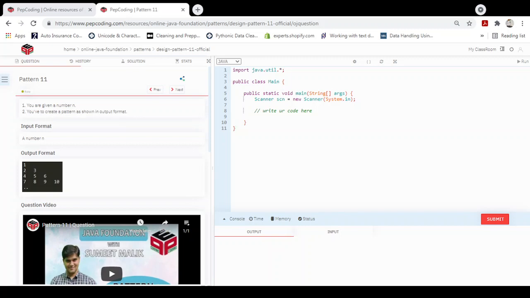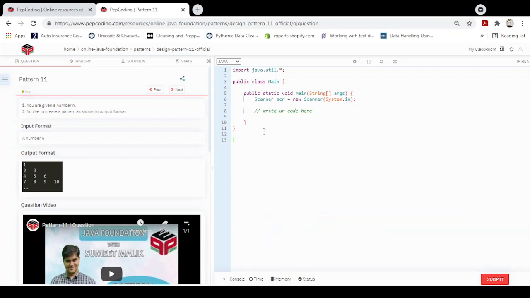Hey guys, let me welcome you to a new pattern, pattern 11, wherein now we'll have to perform outputs on numbers. We have to create a pattern as shown in this format, where the first row would have 1, the second row would have 2, 3, the third row would have 4, 5, 6, the fourth row 7, 8, 9, 10. So isn't this similar to